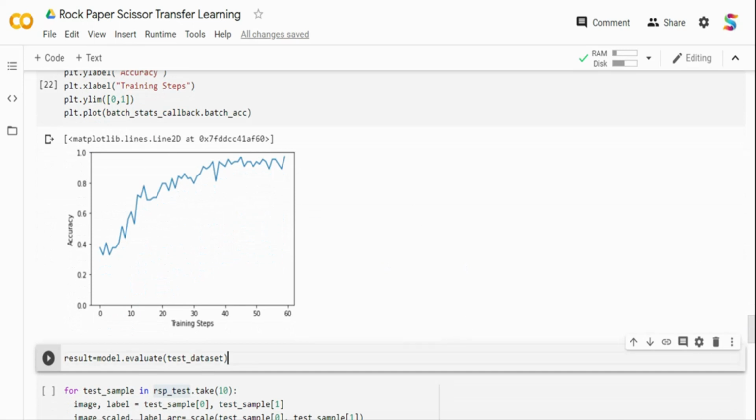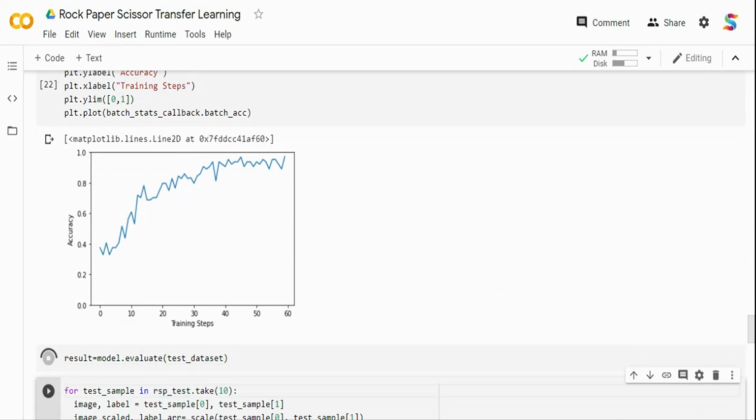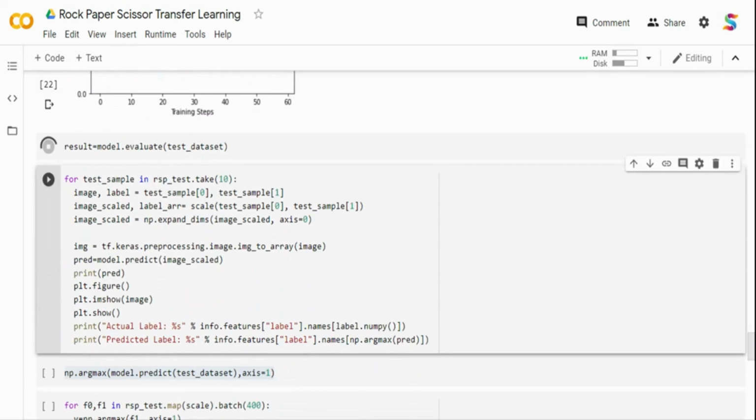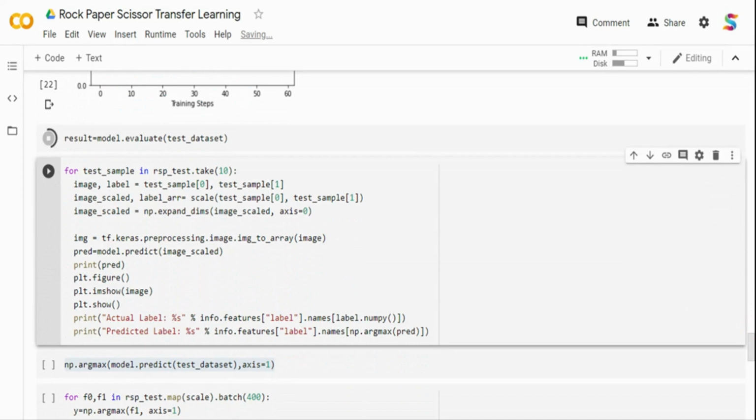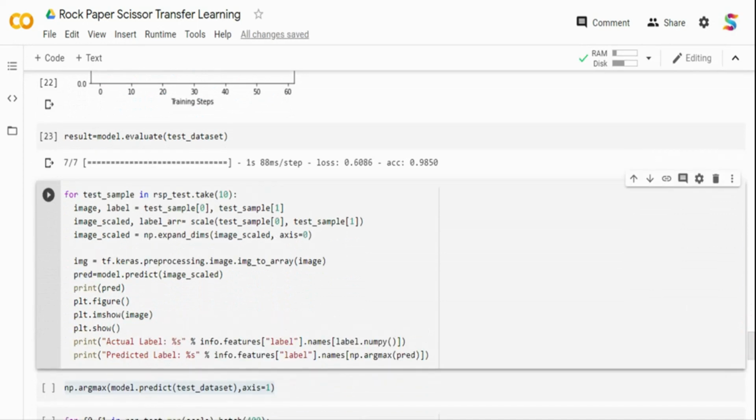Now let me evaluate the data with the test data set. Now I have trained my classifier. I have given my train data and validation data, but I want to evaluate my classifier with an unseen data set to make sure my model is not overfitting, right? So let me run it. I'm just passing the test data set, and then I am evaluating it. Let's just wait, it will be done fast. So you can see here the accuracy is still 98%. So that means we have a pretty good model. The model is not overfitting.